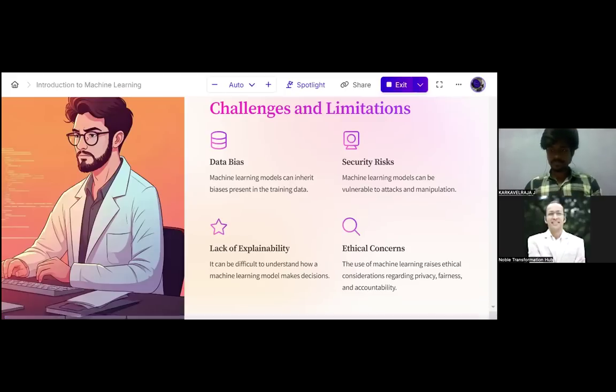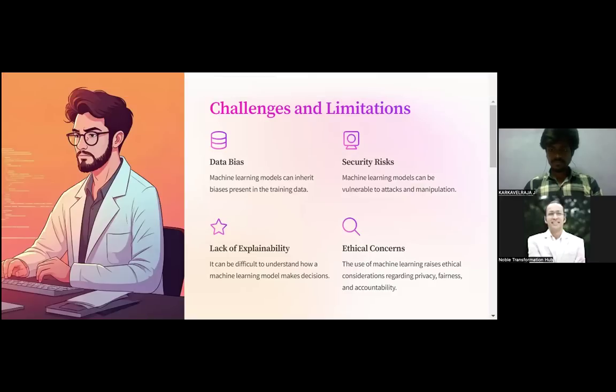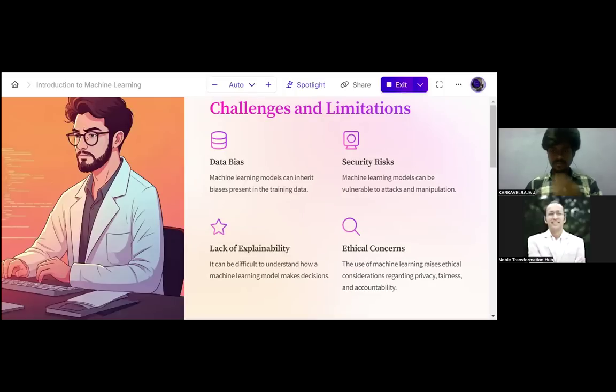A machine learning model can inherit the bias present in its data set. And guys, I would say there is no need to build any model if the data is biased, because then you already know what input you have given and what the output would be. If you want to cheat or create fraud with people, that's okay, if that is your objective function. But if you are genuinely helping people, solving problems, creating something valuable, creating some kind of revolution, value, innovation, then it should not be biased.